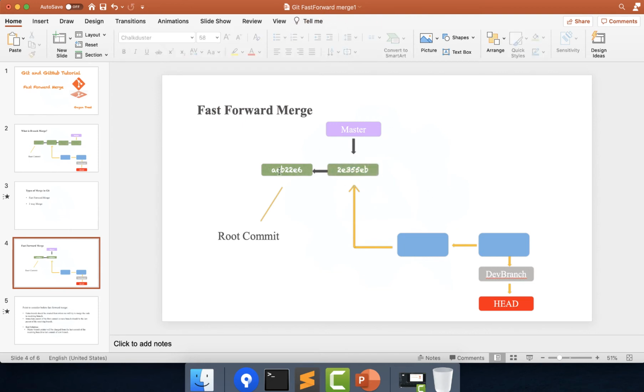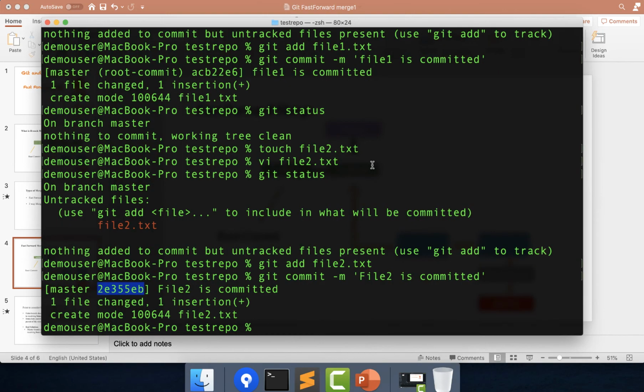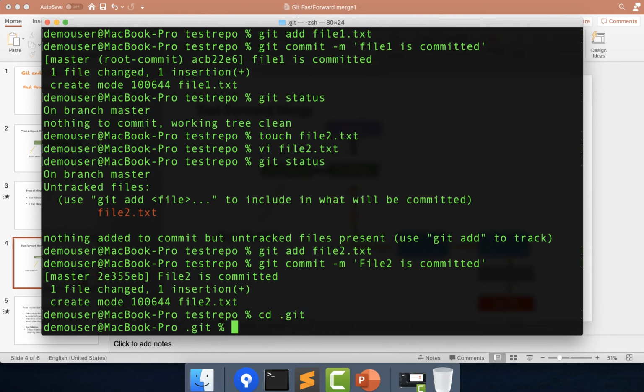Now we can see there are two commits made, one for file 1 and one for file 2, and the master is currently pointing over here. I can check the master pointer also. I will first go to the repository, that is .git, and I will cat HEAD.